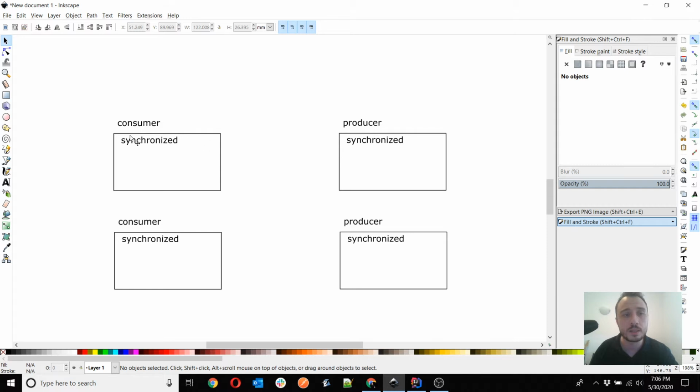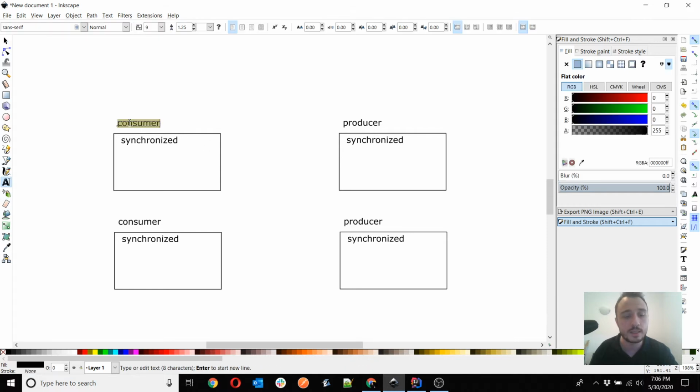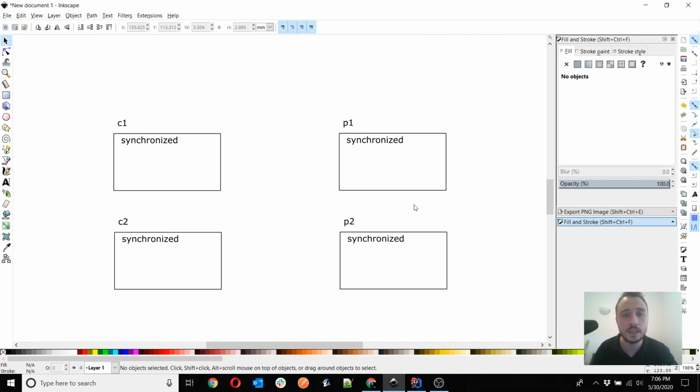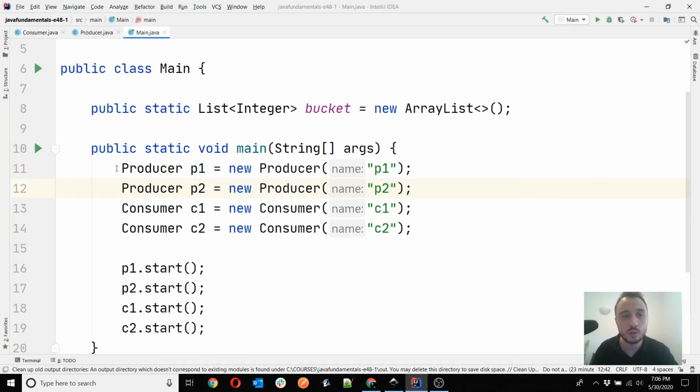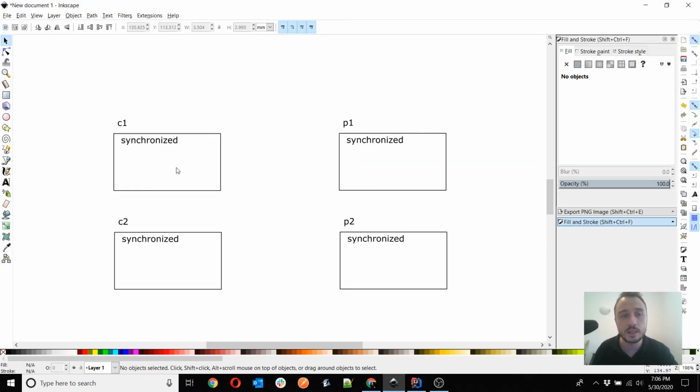So let's now rename these: this is C1, this is C2, this is P1 and this is P2. In my visual, these are precisely the instances that you have created in this example. So we have created two producers and two consumers, and the rectangle represents the synchronized block of each instance.